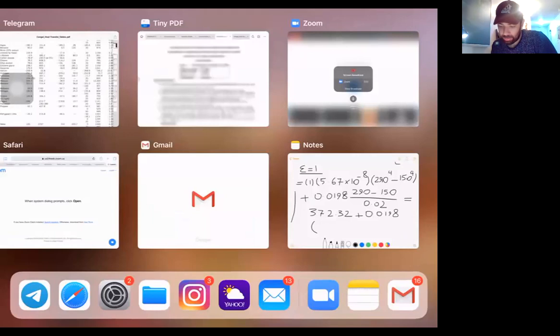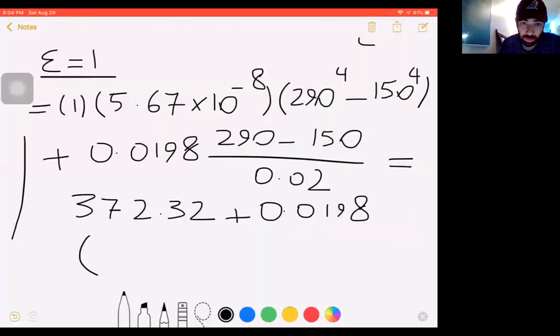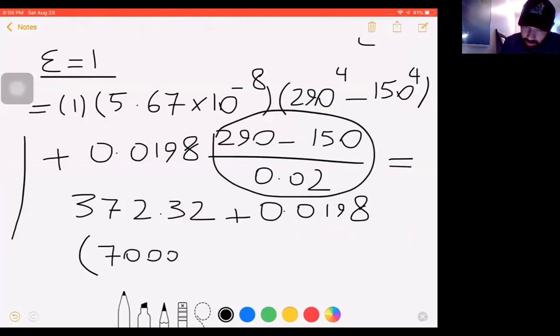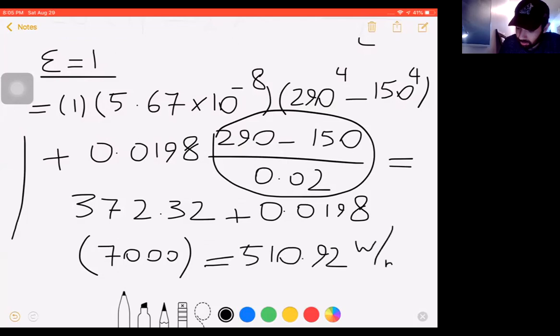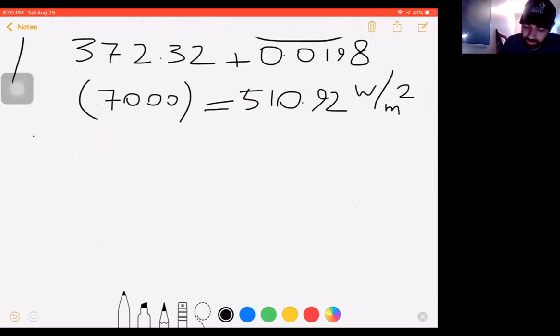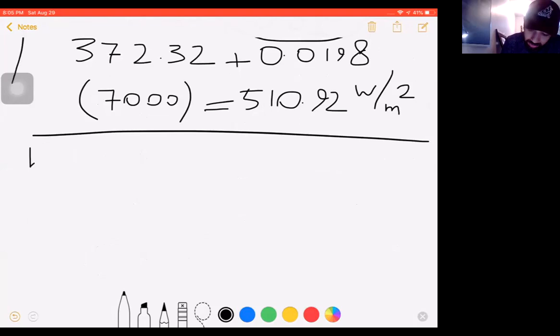Okay, this amount is equal to 7,000, and that gives me a total amount of 510.92 watt over meter squared for the first air case. Second, for the evacuated gap,